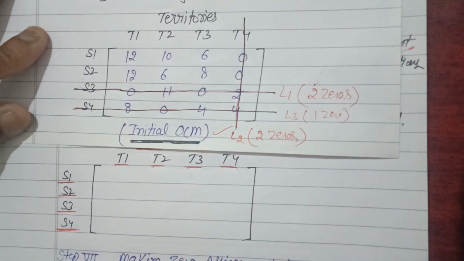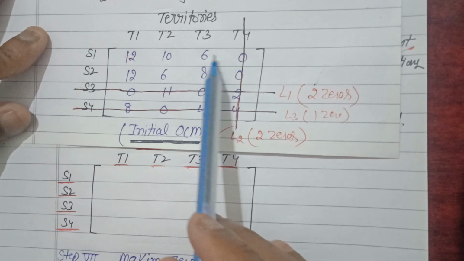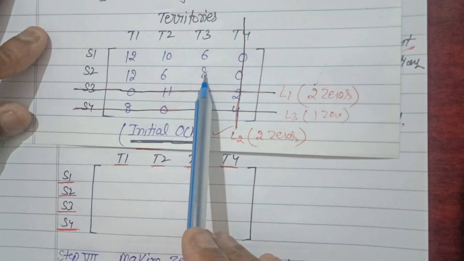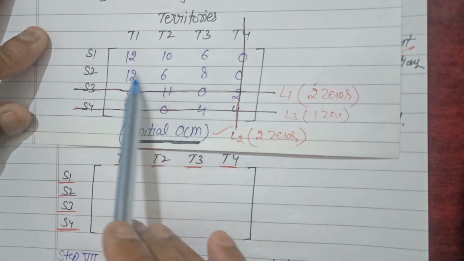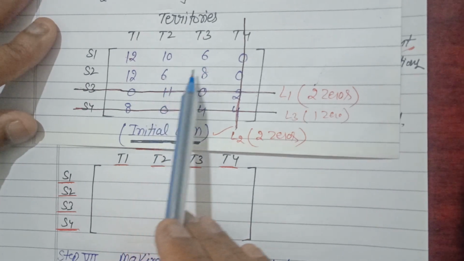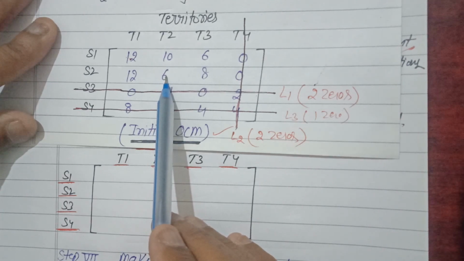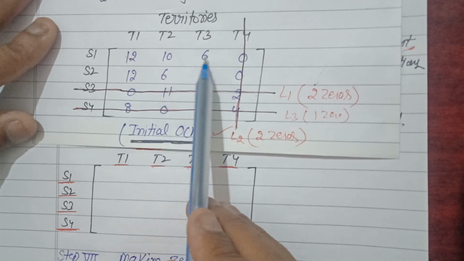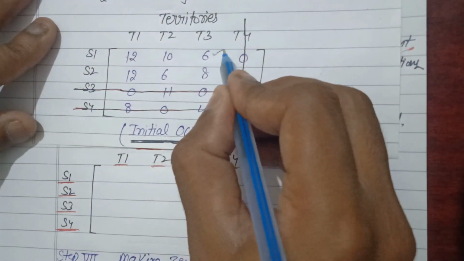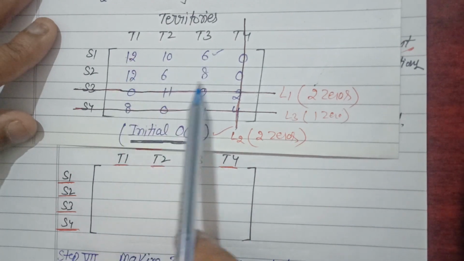As you know, to generate the revised opportunity cost matrix, we first of all have to select the uncovered elements. These 6 are the uncovered elements. From these 6 elements we have to choose the minimum element. This 6 and this 6 are both minimum value elements, so we can choose either one randomly. Let us choose this 6 initially, so we have chosen this 6 as the minimum value element.